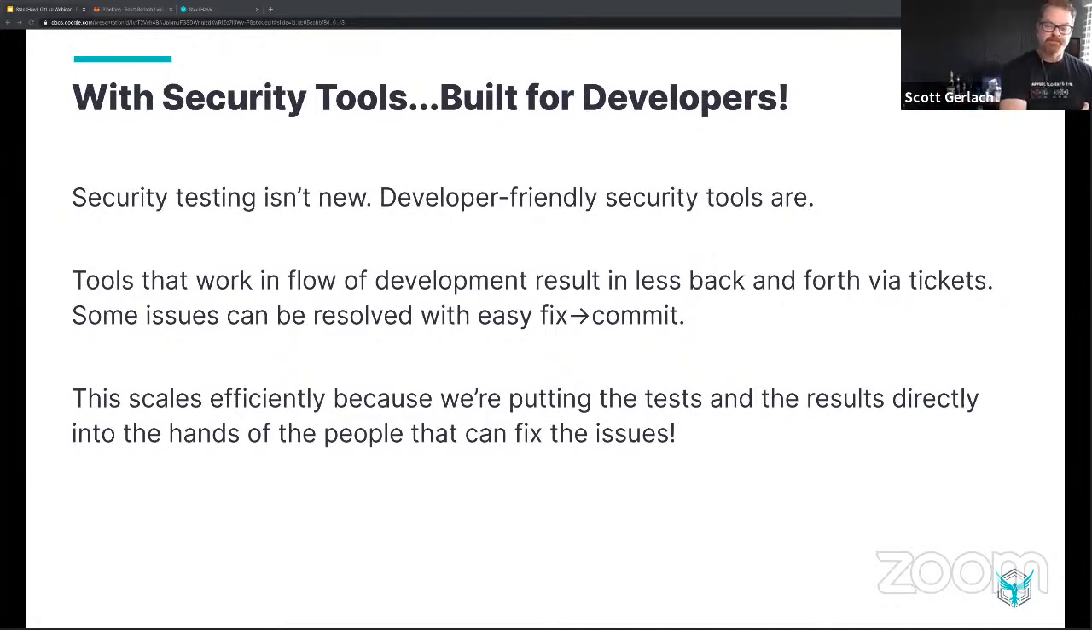So a lot of these issues can be easily resolved with an easy fix and recommit if you can know about it while you're writing the code that maybe has introduced the problem, or it was a latent problem. Being able to fix it while you're in that context of that code is really important. And then this scales efficiently because we're putting those tests and results directly into the hands of the people that